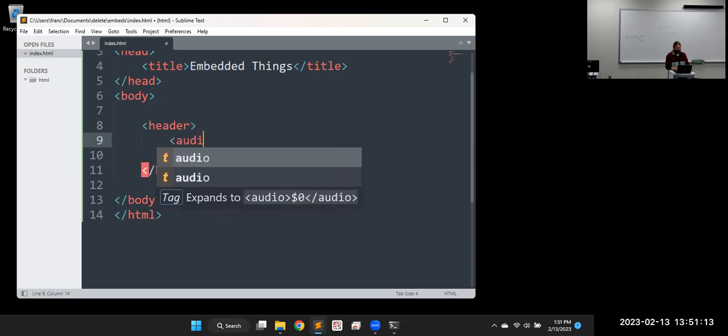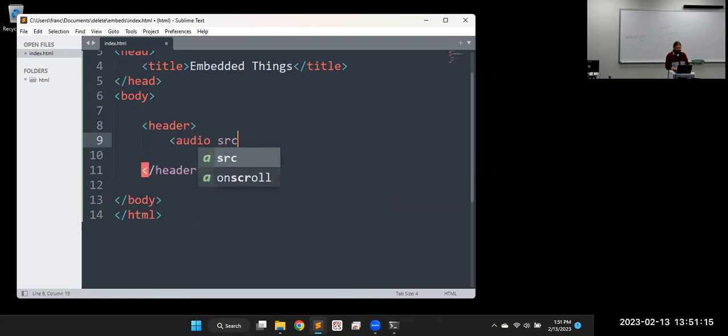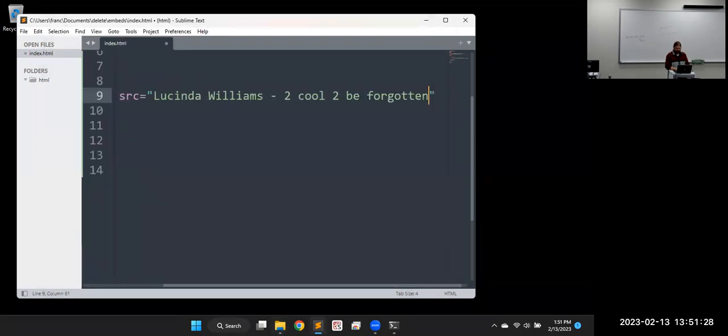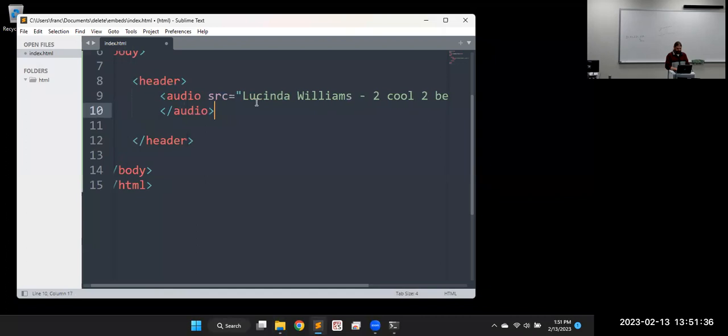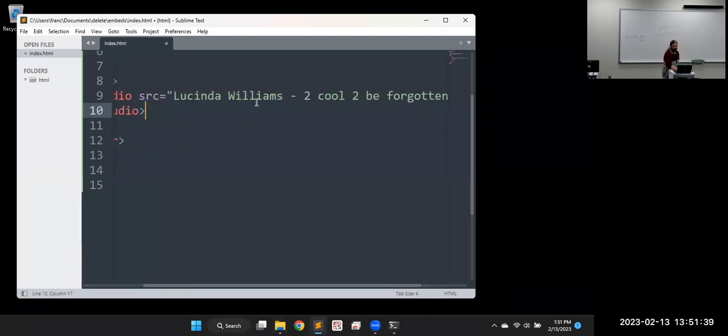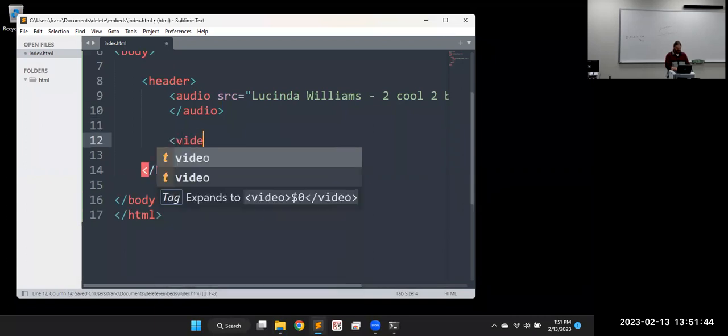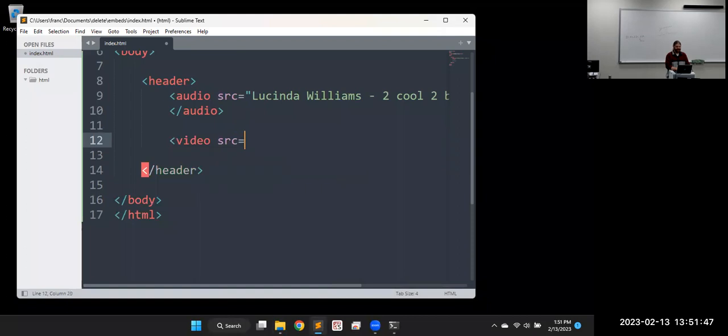So we have an audio tag for the source, and nothing really surprising here. I'll just copy from this. Control copy. It's an MP3, so paste that MP3, and in the audio tag, just copy and paste the source in there, and that should be enough. I'll do the same thing for a video tag. Y'all probably could have guessed this part. That's why I wasn't really going to show it, but